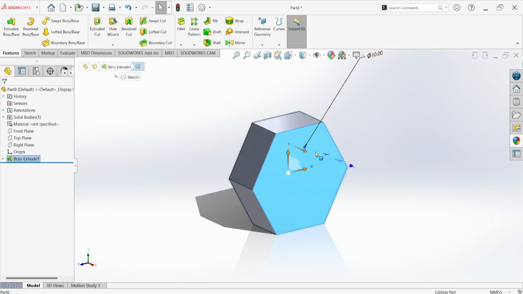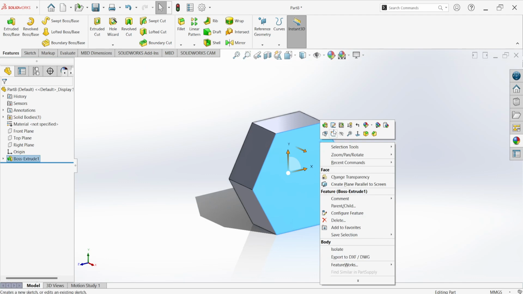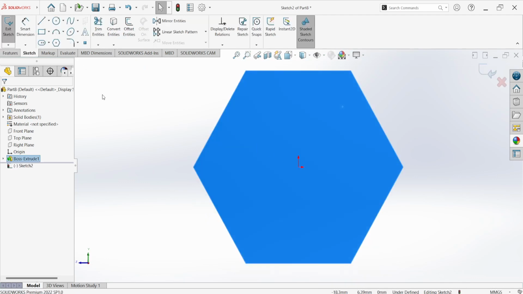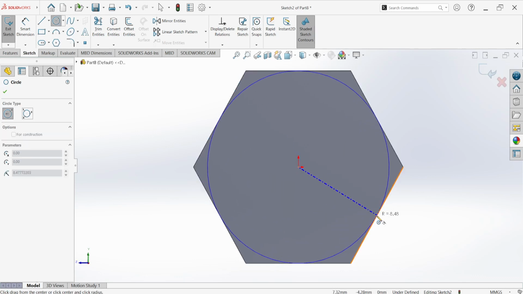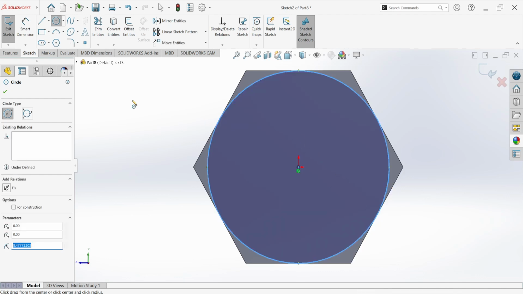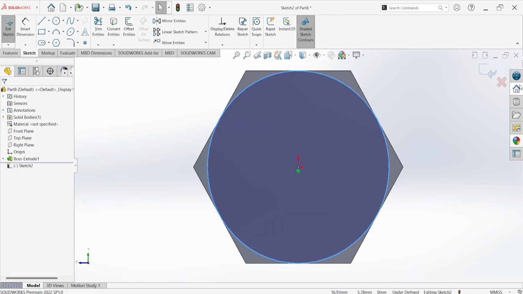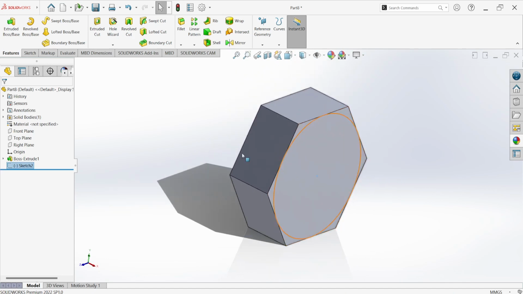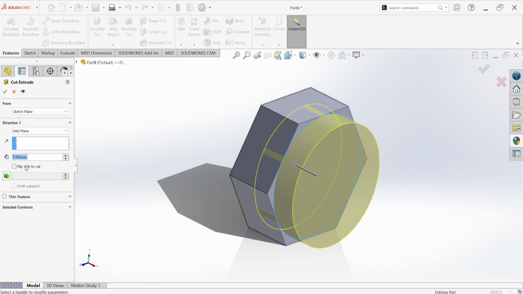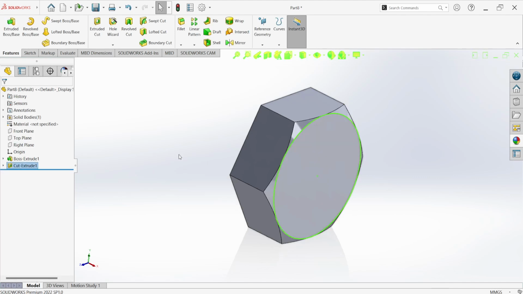Choose this face. You can choose this face and draw a circle in this face like this. Okay, that's fine. You can exit and choose extruded cut, flip outside and provide a draft angle 60°. Then okay,